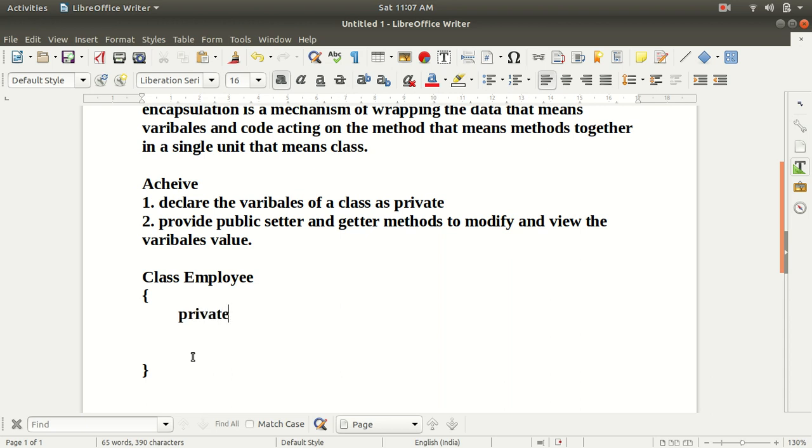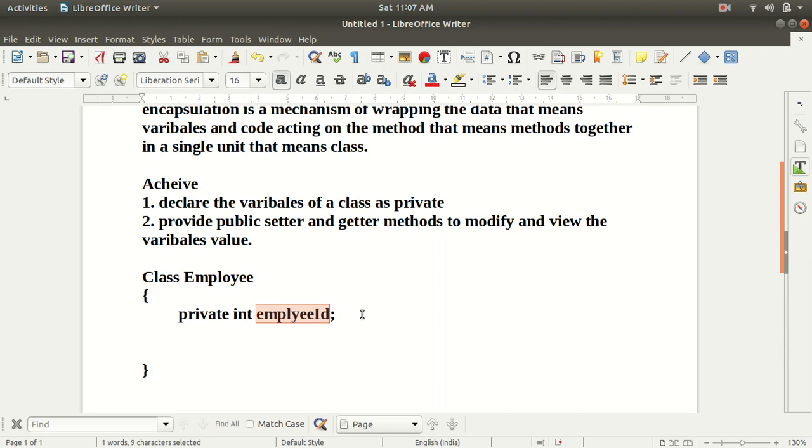So let's write a private integer variable, and the variable name is employeeId.